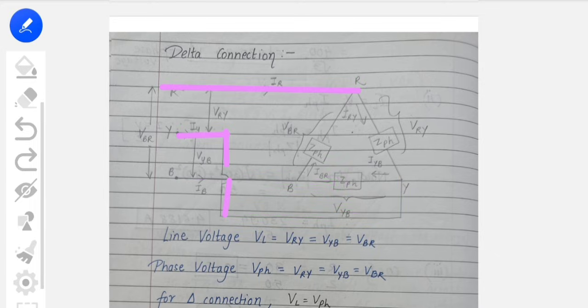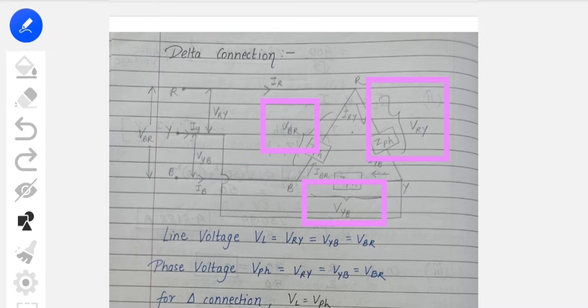Okay, then the current part is over. Then we have to mention the voltages. Voltages are very easy for us to mention now, as this is the voltage between R, Y, so we will mention it as VRY. Then here this is the voltage between Y, B, so this will be voltage VYB, and here voltage VBR. Now the additional ones here, that is VRY, VYB and VBR. So these are all the voltages. By seeing the diagram only you will be able to label it. You don't have to learn the diagram, you have to understand the diagram every time, I will say. So this was the thing.